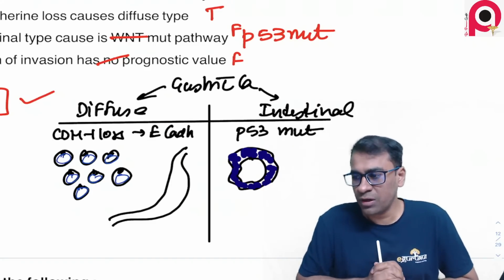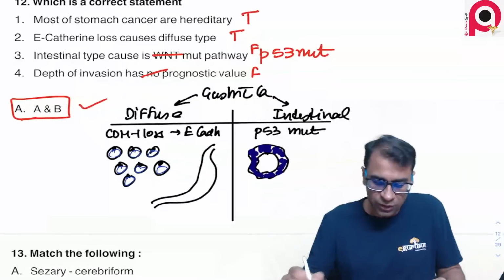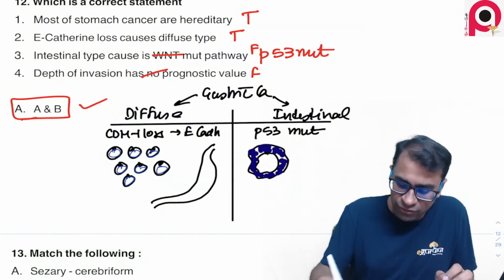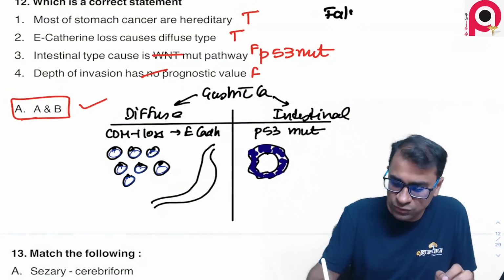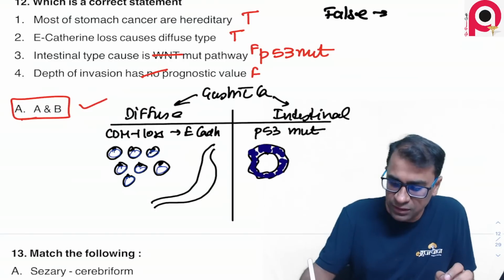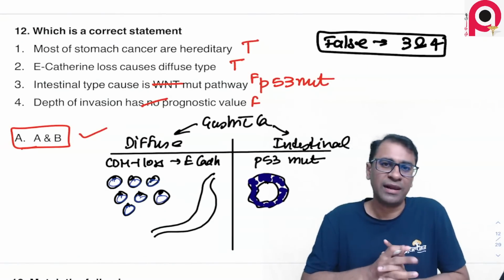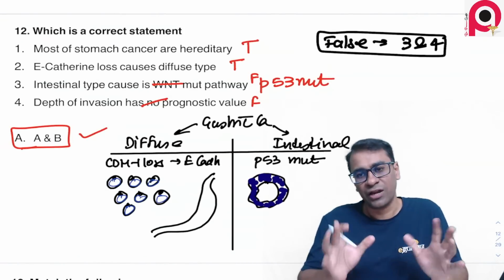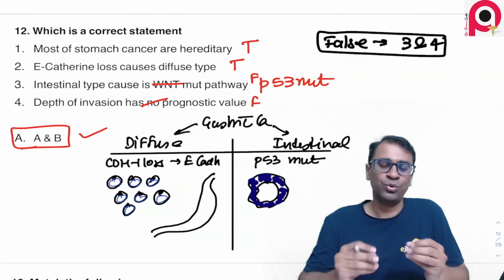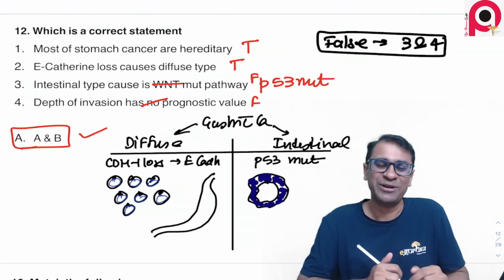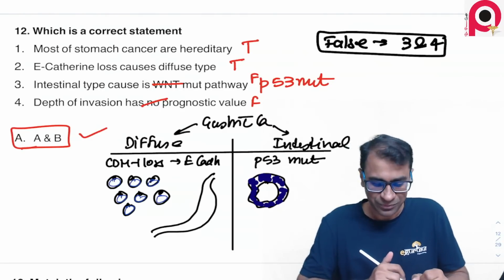Sir, in carcinoma stomach, a false statement was asked. So, beta, dekho, if the false statement was asked, then the answer would be C and D. If false was asked, the answer must be 3 and 4. But true is 1 and 2. So, I'm very thankful to you for letting me know what the exact answer and the exact question was. Please do tell me what the exact question was. It will really help me to recall it in a better way.